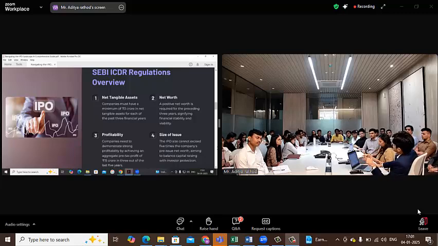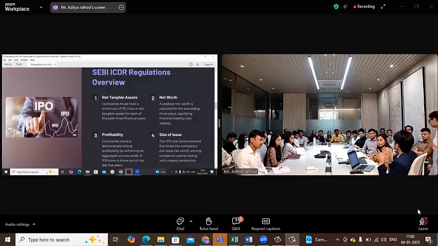If these people are debarred from entering capital markets, or if the directors and promoter group of a company are fugitive economic offenders, which seems very fancy, but it's basically those who are prosecuted under criminal laws for not